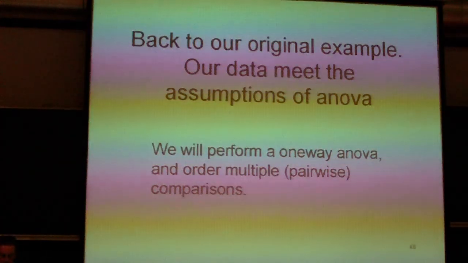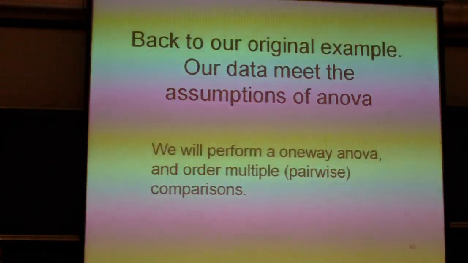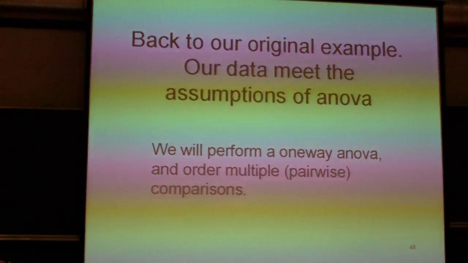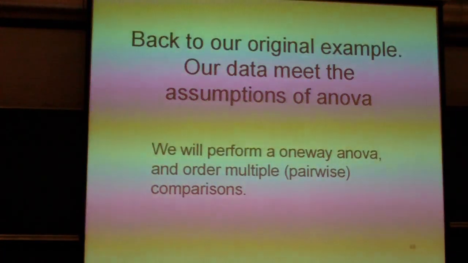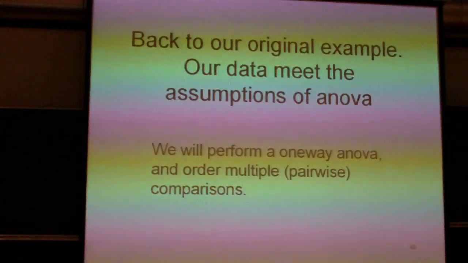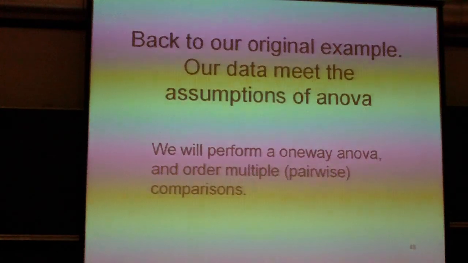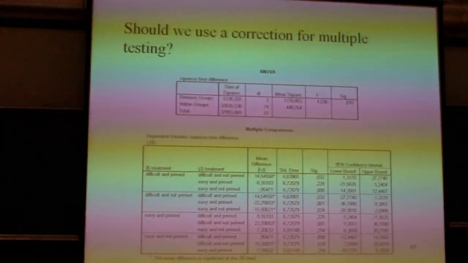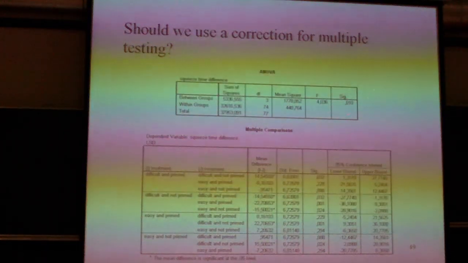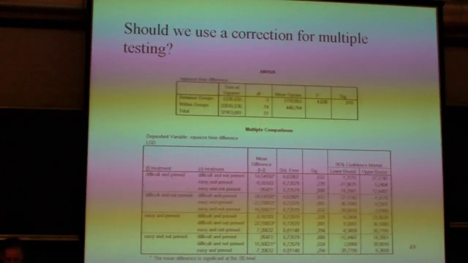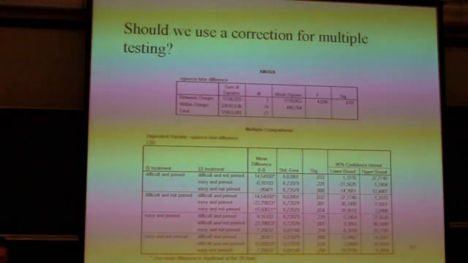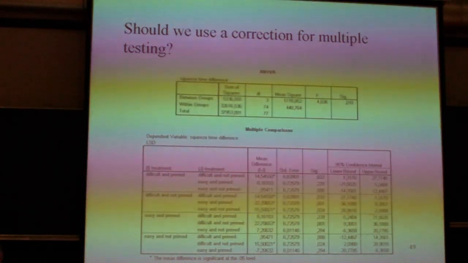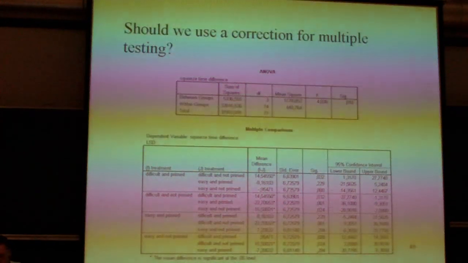Okay, we are now returning to our original example. We've seen that the normality assumption was no problem, and the homogeneity of variance assumption was no problem either. So we're going to perform a one-way ANOVA and multiple pairwise comparisons as a follow-up. Now, clearly the ANOVA returns a significant result. It's smaller than 0.05, so it's likely that at the population level, at least one of the population means differs from the others, and that means that we have to do some follow-up research in order to pinpoint where the real